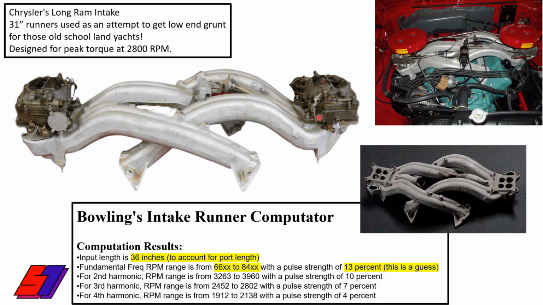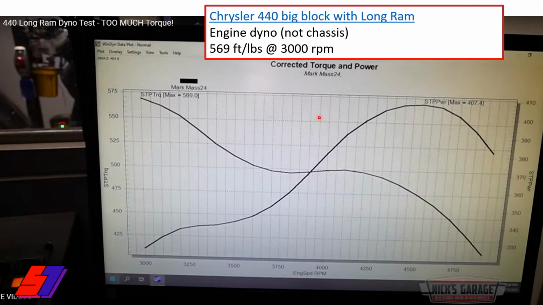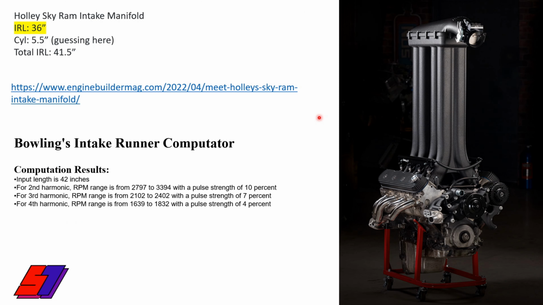I don't know how they would fit any more ridiculously long intake runners under modern day vehicles. So Holley, not to be outdone though, created the Sky Ram. I think this was originally an April Fool's Day joke, but anyway, just the runners themselves on the intakes were 36 inches. If we assume 5.5 inches for the cylinder head ports, we get a total of 41.5. So again, it rounds up to 42 on Bowling's,